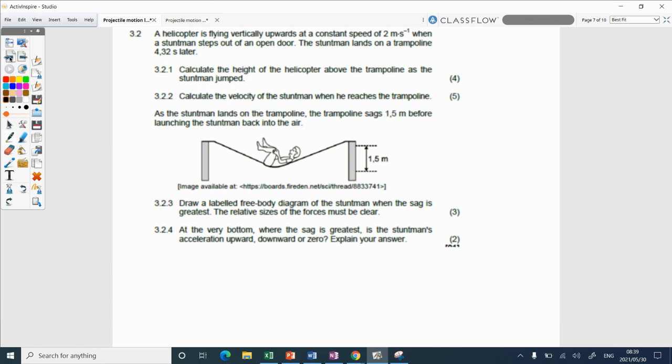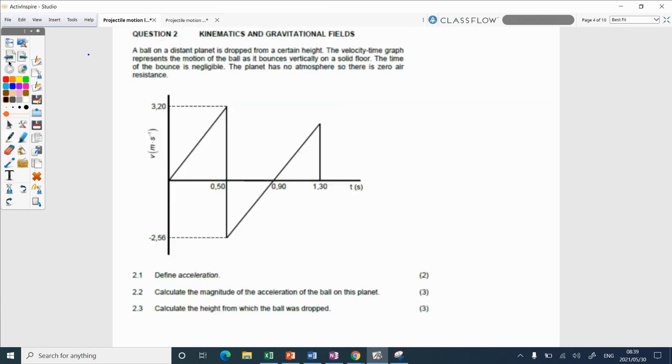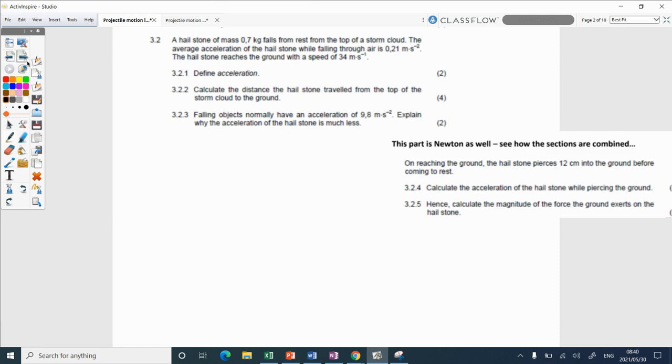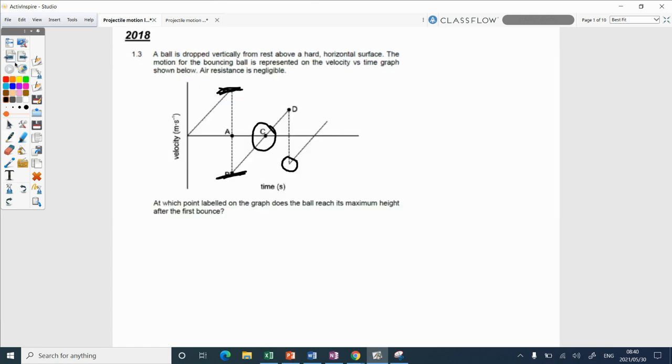Again, yes. So B, it leaves the ground. C is maximum height. D, it hits the ground for the second time. There, it leaves the ground for the second time. So talk yourself through the story when you get a graph like this. Once you've done that, when you look at the questions, people think it wastes time to think through it. Please don't think it wastes time, because then the questions go much faster when you get to that. Should we have to draw a picture? Yes, you can draw a picture, definitely.